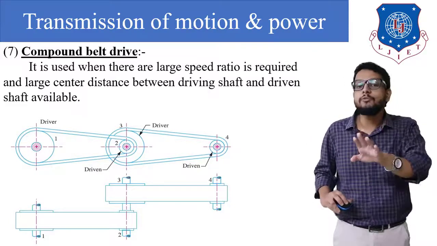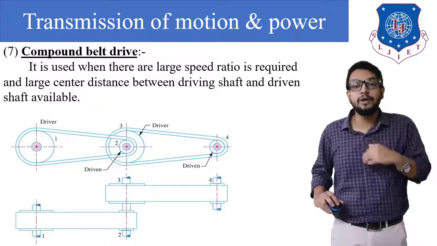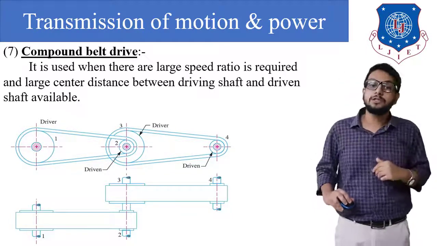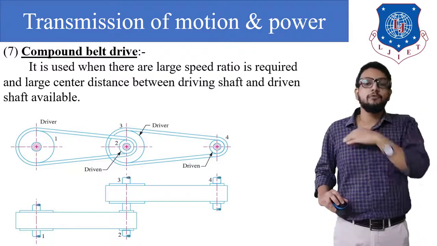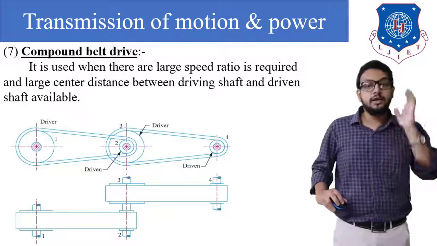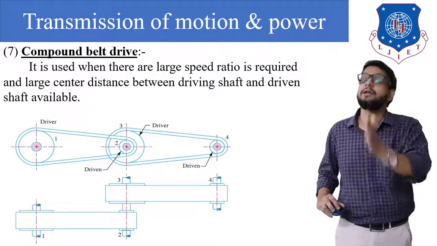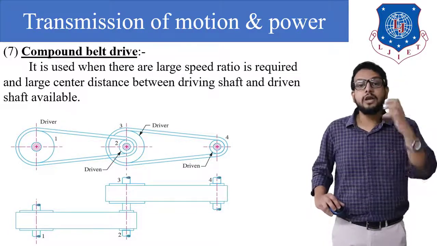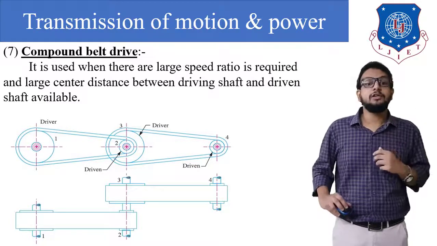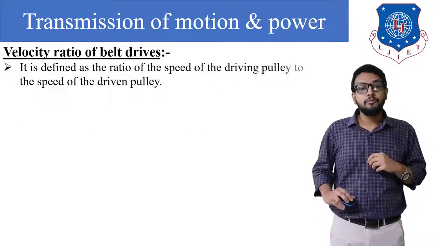Now let's say that pulley number 4 is again of half size of pulley number 3. So what is going to happen? Again a double step up will take place in speed. So finally at pulley number 4 the speed will be 8000 rpm, that is 4000 plus 4000. So this is how we are increasing the speed ratio: initially the driver was at 2000 rpm and finally pulley number 4 is at 8000 rpm. So we have obtained a large speed ratio, even when both shafts are at a larger center distance.